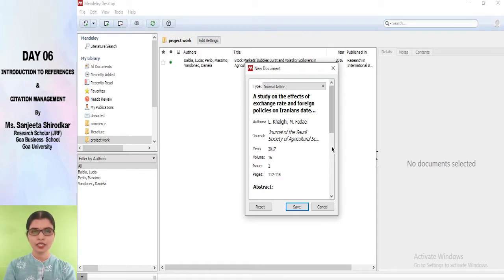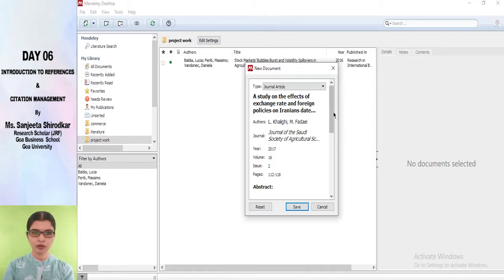So it is always advisable for you to double check for yourself so that you will not end up feeding the wrong details in your research article. You are always required to double check the details which have been filled in. And also I would like to add that some type of user involvement is required for making these referencing and citation tools, even Mendeley or for that matter Zotero, free from errors.